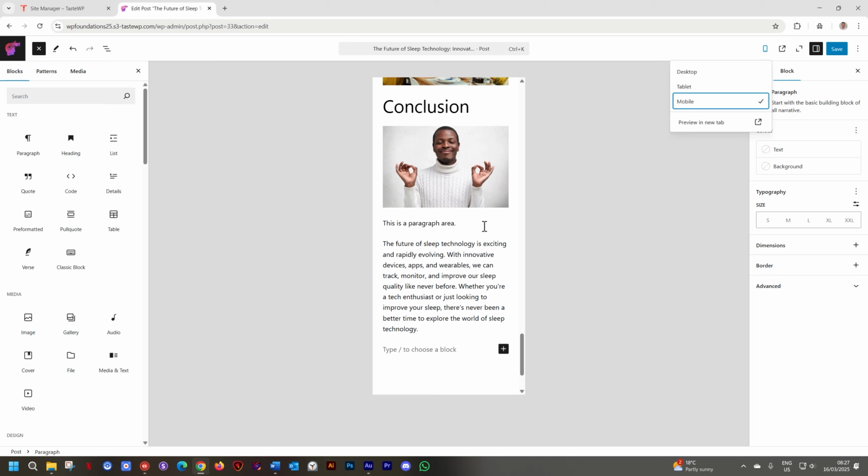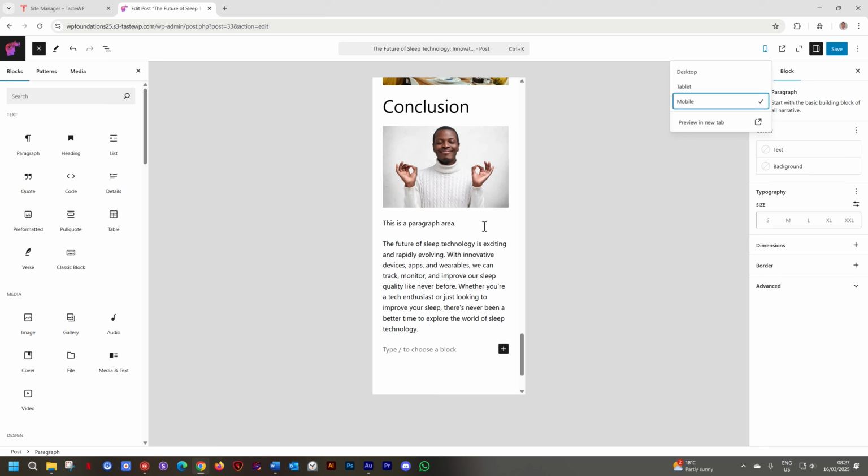WordPress decided that when we are working with columns, it is better to stack those columns when we go to a tablet and a mobile. Because if we don't, things are going to be extremely cramped, and it's going to be very difficult for people visiting your site to see what is actually going on there. And this is a very basic introduction to responsiveness. In this Foundations module, I'm not going to go deeper into this because there's a very important reason. Vanilla WordPress, which we are focusing on in Foundations, sucks at responsiveness.